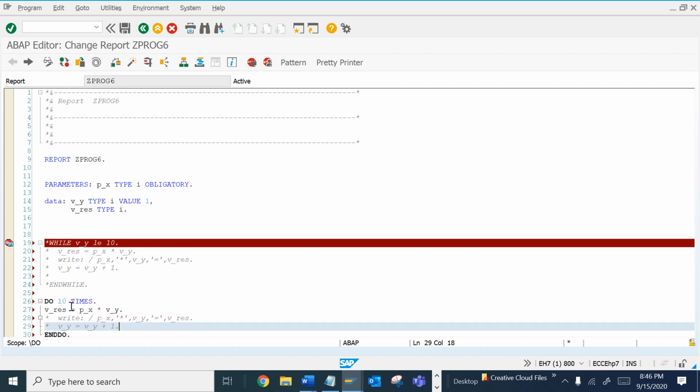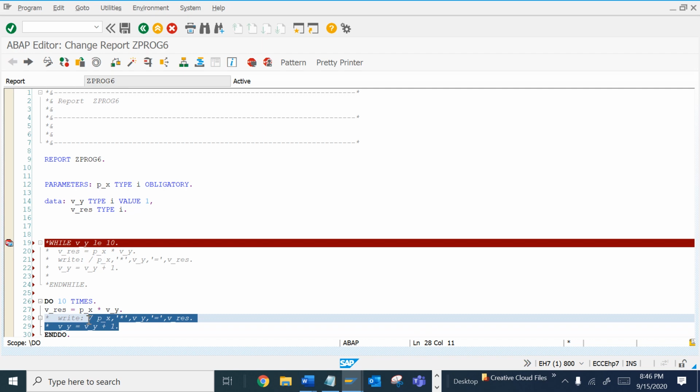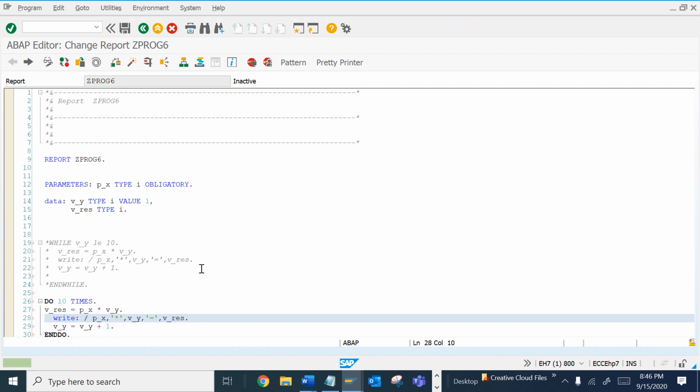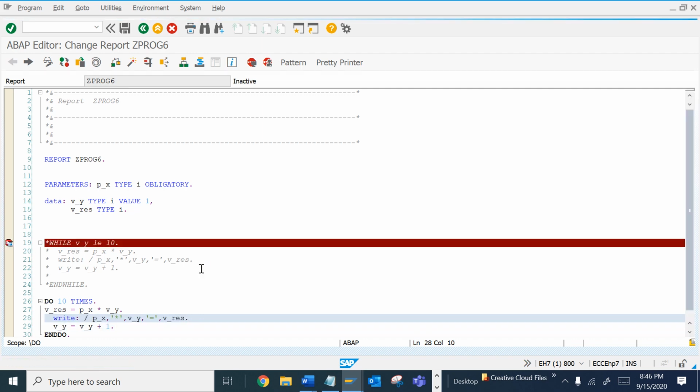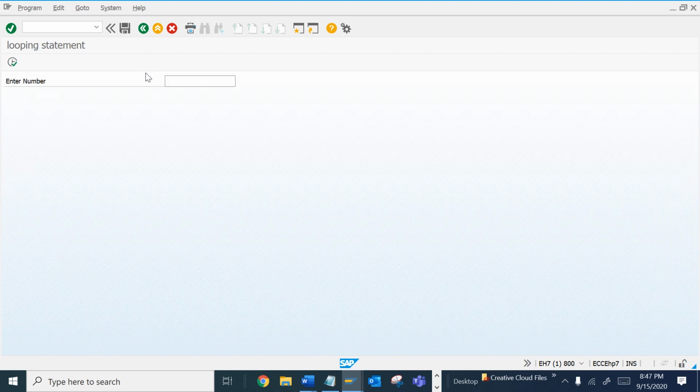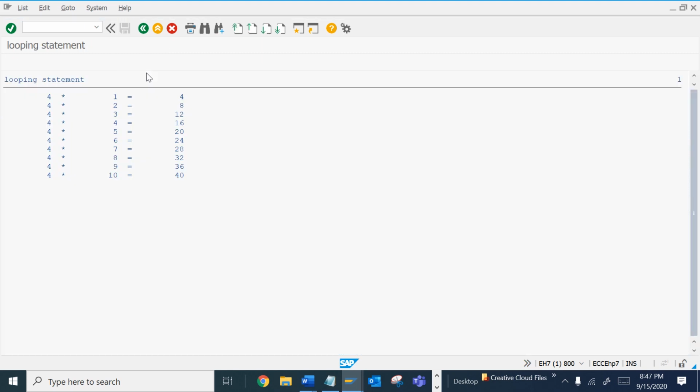Let's do the same thing with DO and ENDDO. Now let's see the result directly. Same thing, see, the result is the same now.